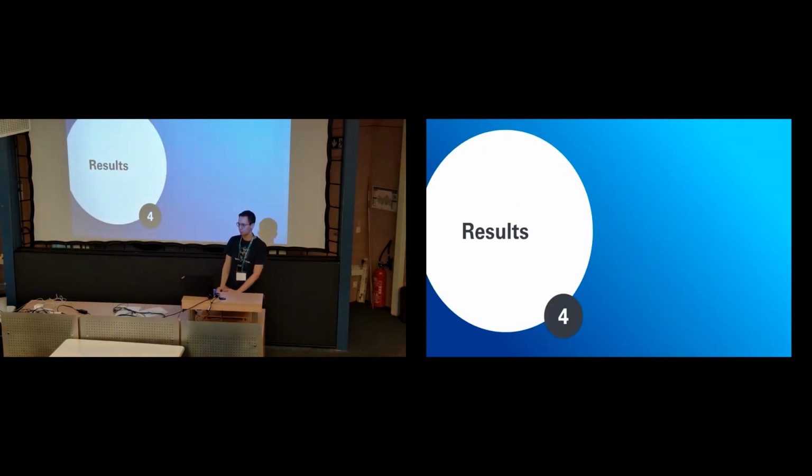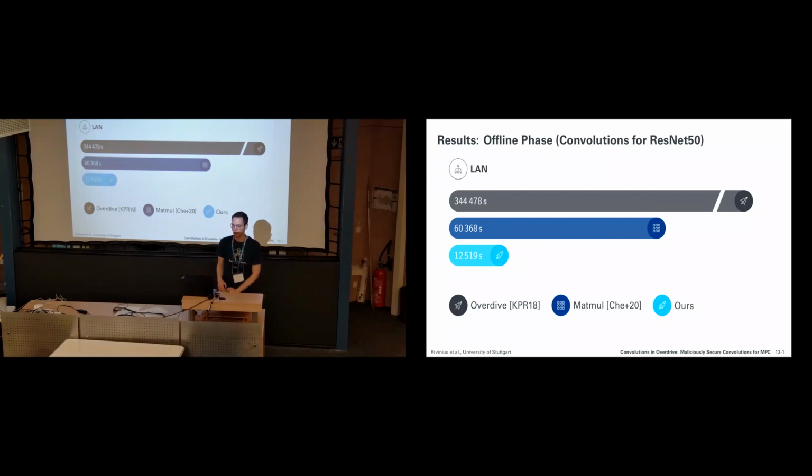So how does this perform in practice? We implemented it and benchmarked it. Here's the example for if you run the scalar part, the first thing, the matrix-based implementation in hours. In a LAN network, ours is 28 times faster than the scalar part, 5 times faster than the matrix part. And if you go to a slower network that you could have in a client-server setup, we're 40 times faster than the scalar part, 3 times faster than the matrix part.